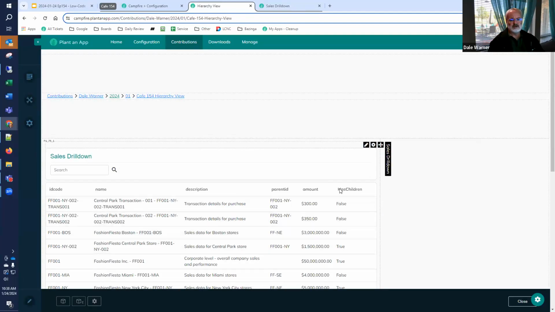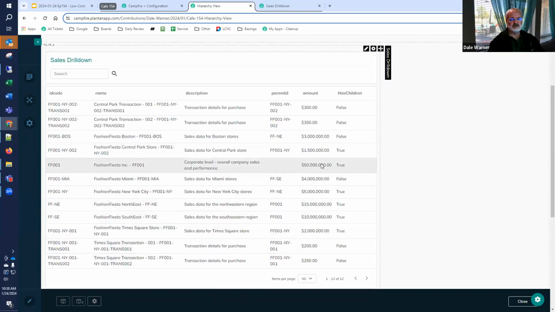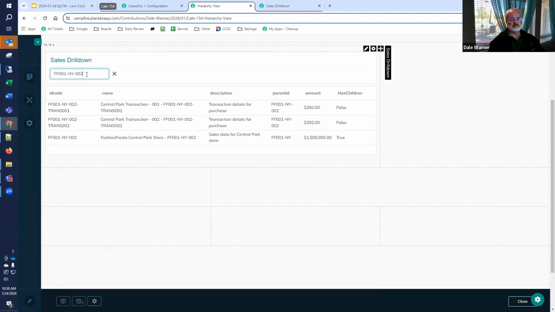So now we have has children as a true false indicator here, and so it says this low level transaction doesn't have any children,